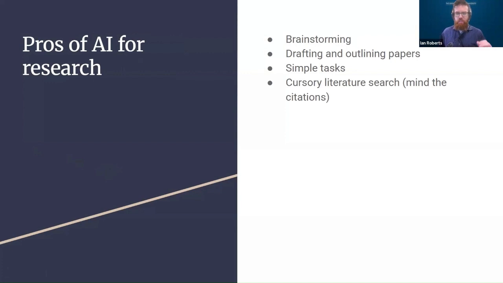But you will need to check those ideas, read through it, make sure it fits what you want to do. If it gives you a bullet point list of ideas, you'll see, oh, I like that idea. I like that idea. I don't like that idea. That idea I like, but I want to tweak a little bit. That's the back and forth with the AI that you will need to do. Human in the loop again.